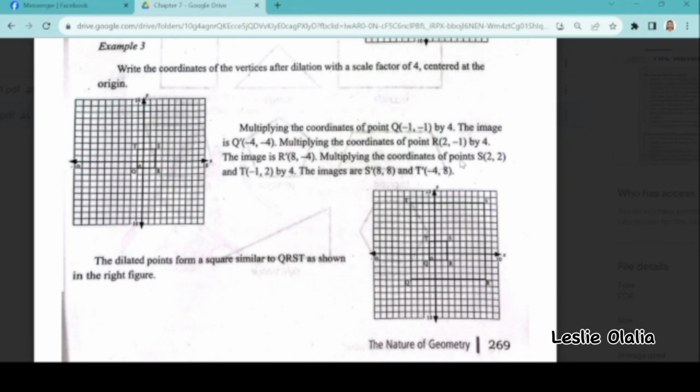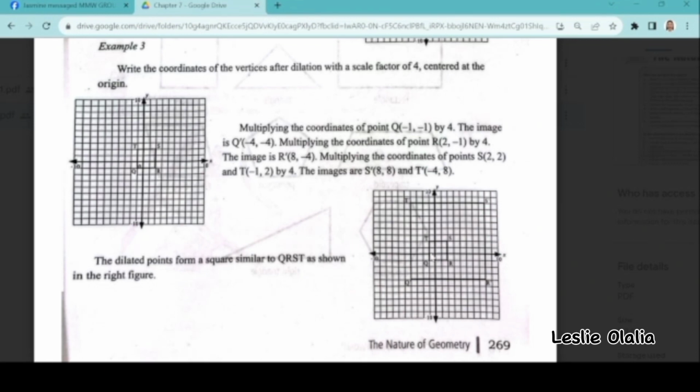Dito naman sa point S, 8 and 8. So, balik ulit tayo sa center point, bilang ng pataas sa 8 since it is positive. 1, 2, 3, 4, 5, 6, 7, 8. Pakanan since it is positive. 1, 2, 3, 4, 5, 6, 7, 8. Ayan ang ating point S. Ito naman sa point T, balik ulit sa center point, bilang ng pakaliwa since it is